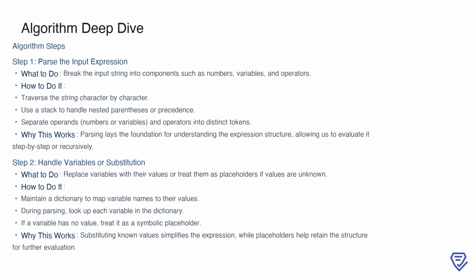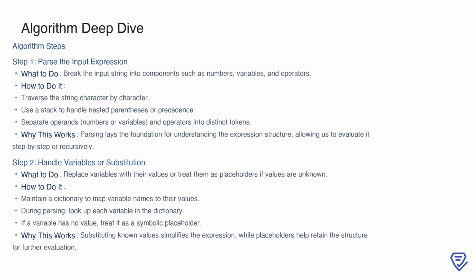Once parsing is complete, the next step is to handle variables or substitution. If the expression contains variables, we need to either replace them with their corresponding values, assuming they are known, or treat them as symbolic placeholders. A dictionary is ideal for this purpose, as it maps variable names to their values. During the parsing process, we can check this dictionary to substitute values or retain the variable as a placeholder if no value is provided. This substitution step simplifies the expression when possible, while also preserving any unknown variables for further